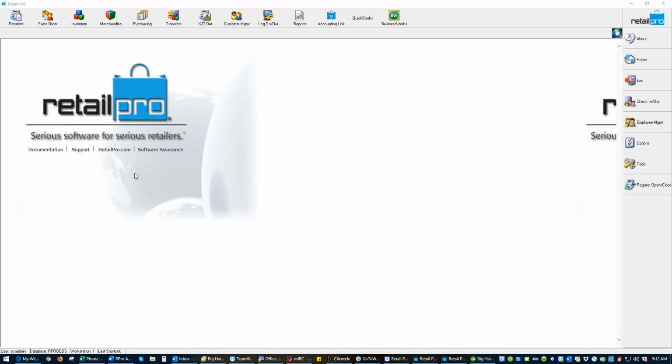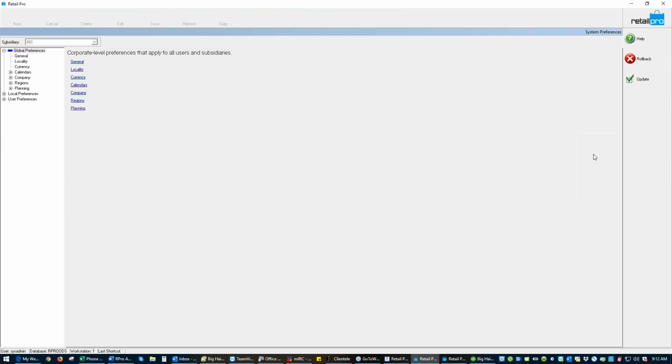And I apologize there. I see that my screen was not being displayed. So I will look at that again real quick. Here under Options in System Preferences and under Local Preferences,